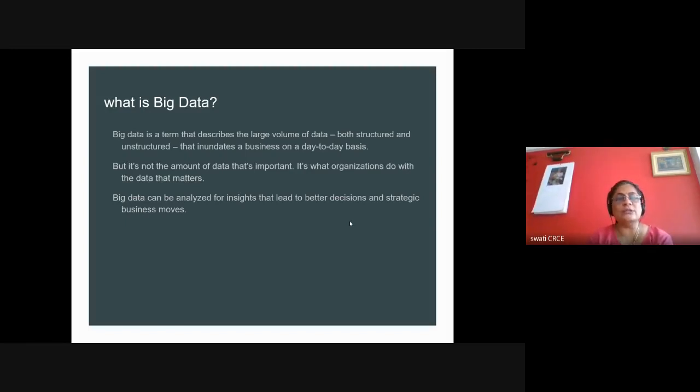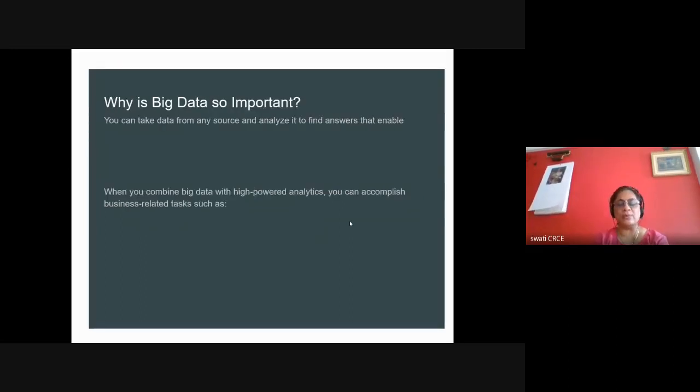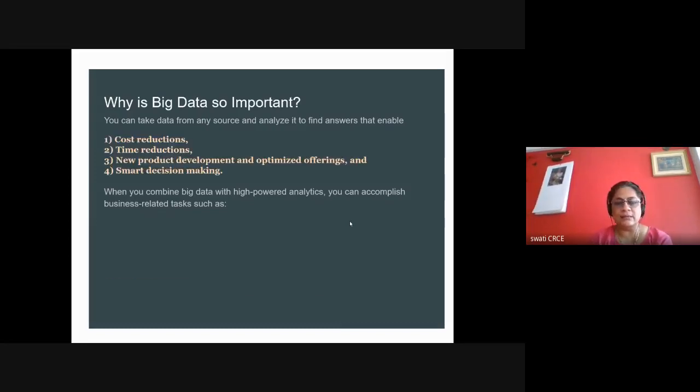We want to store the data and we want to analyze the data, meaning we want to process the data. So there are always two operations involved. The first step is to store the data, and once the data is stored, depending on your requirement, you can do the analysis whenever required. Why do we want to analyze? Because we want to reduce the cost and the time.